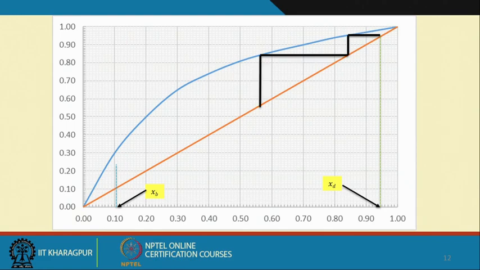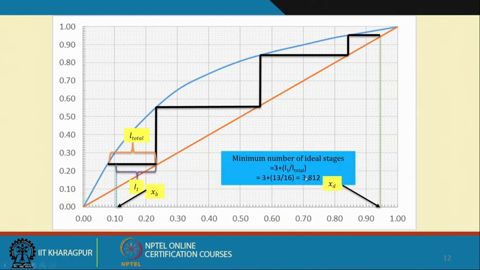When we start constructing these staircases, whatever value we get here is 1, 2, 3 and some fraction over here, and this fraction is coming out to be 0.812. That means the minimum number of ideal stages is found to be 3.812, which happens when we have total reflux,